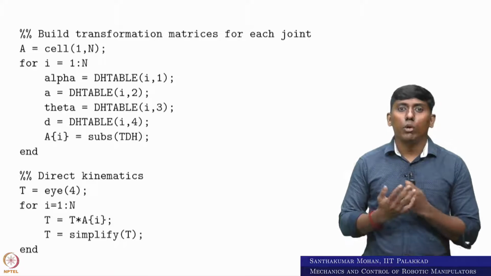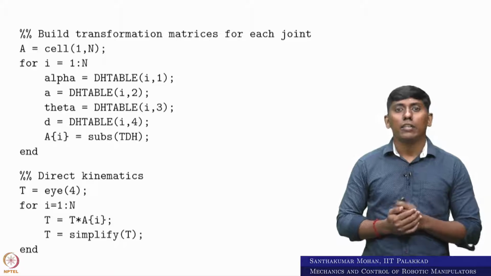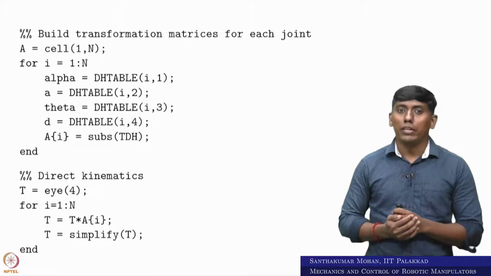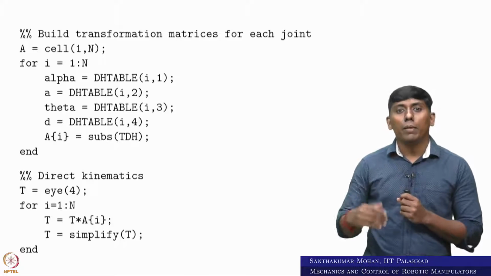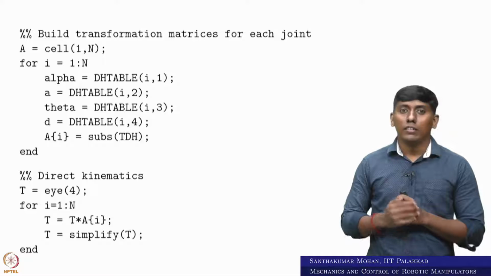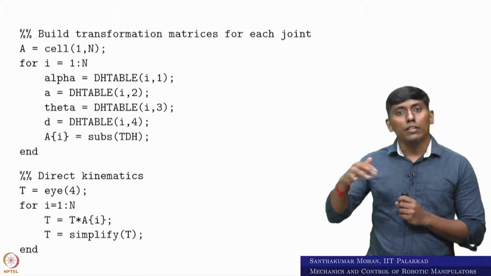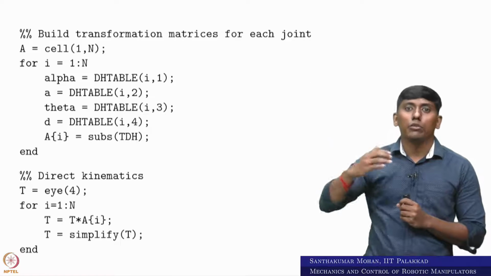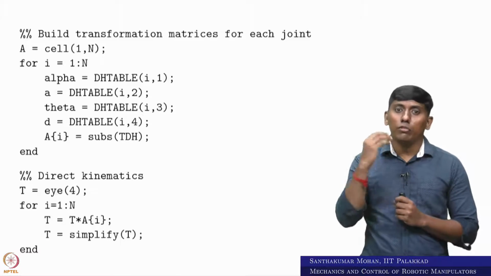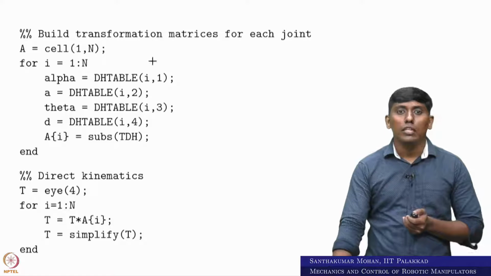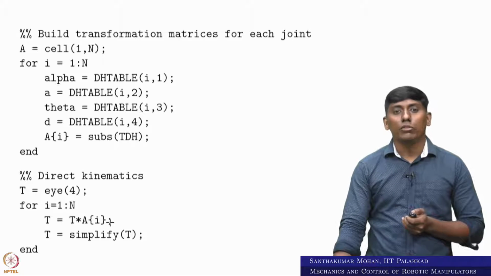Based on that, we can do the direct kinematics, in the sense forward kinematics, which is nothing but post-multiplying with the further matrices, in the sense T01 first, then T12, T23, and like that you can keep extending. That is what we have done here based on the for loop. You can see this is doing it.